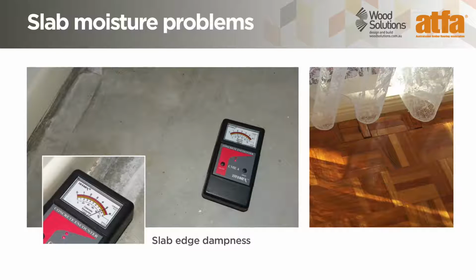The second photo shows the effects of laying a timber floor on an area of a slab that has a high moisture content. The area along the wall came back with a higher moisture reading and has consequently buckled the parquet flooring. A common myth is that old slabs are dry slabs, but there are many elements that can affect